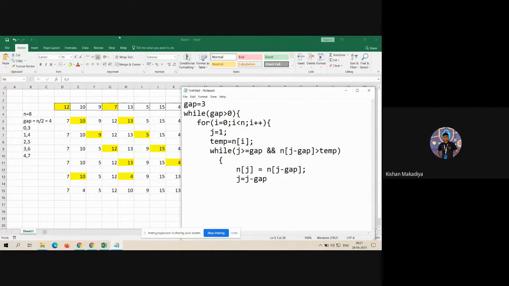In a normal insertion sort we simply write j equal to j minus 1, because in that insertion sort the indexes are 0, 1, 1, 2, similar kind of that. But here the indexes are 0 and 3, 1 and 4, 2 and 5, that's the gap. That's why I am reducing using the gap.